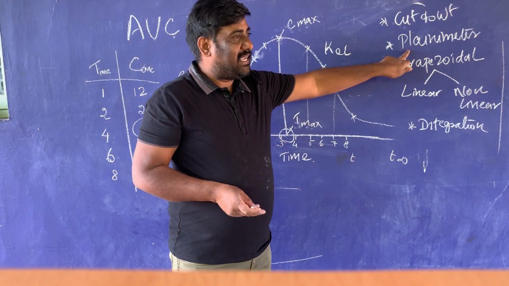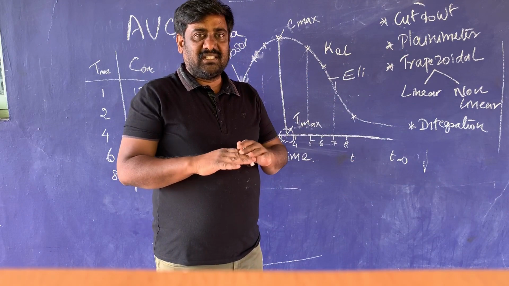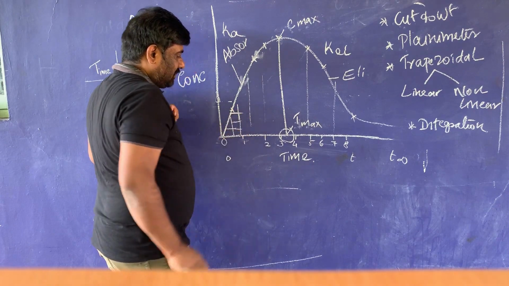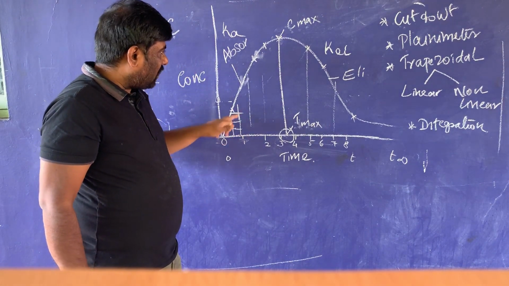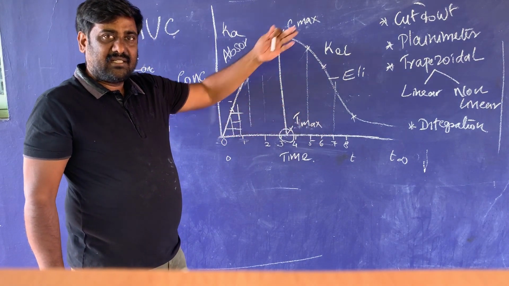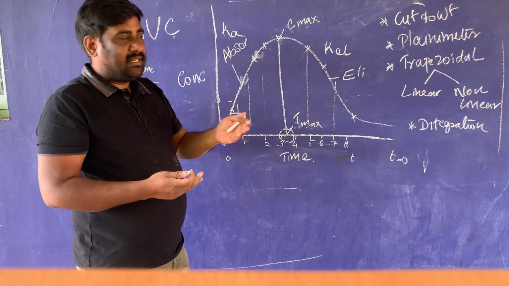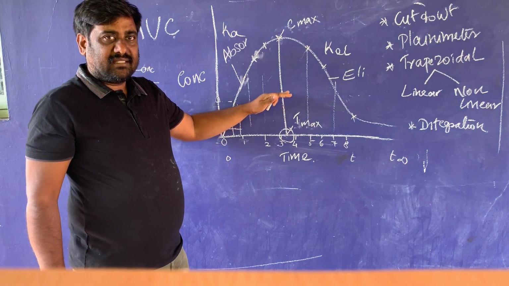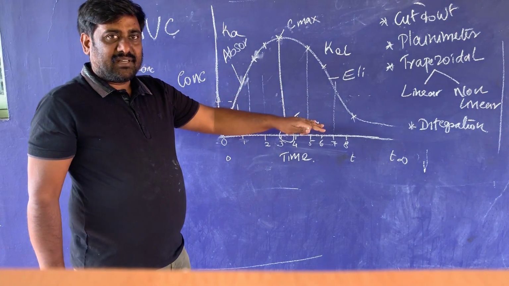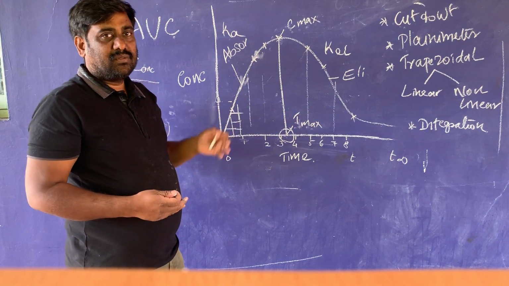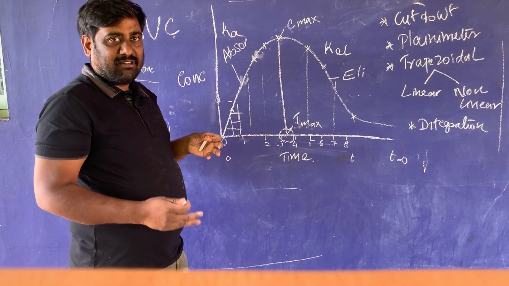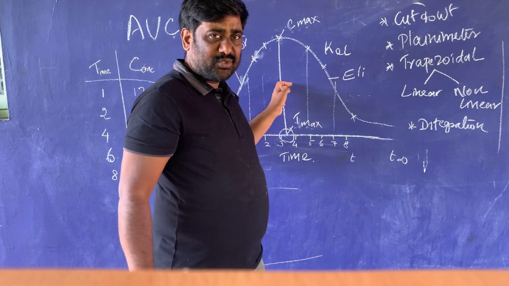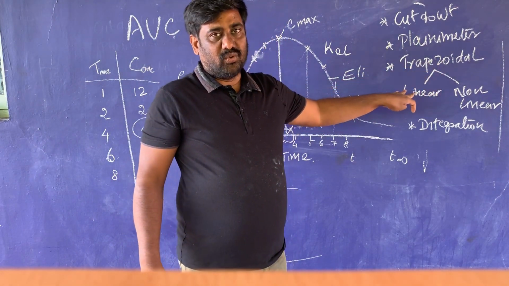So same like planimeter is nothing but the planimeter is used to measure the areas. So here in the graph paper we will get different boxes. So either manually we can count how many boxes are underlying under this graph and another formulation B graph and we can compare, or by using planimeter this area is physically measured and that area is compared with the formulation B, another graph area, and we can use it in the formula to check the relative bioavailability or absolute bioavailability. However, the direct link of AUC is determined by the trapezoidal rule.